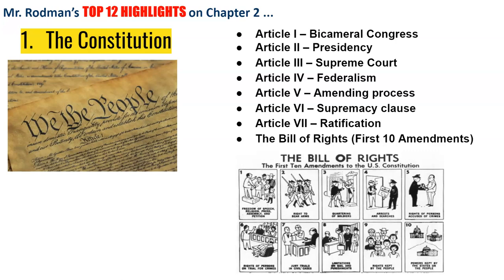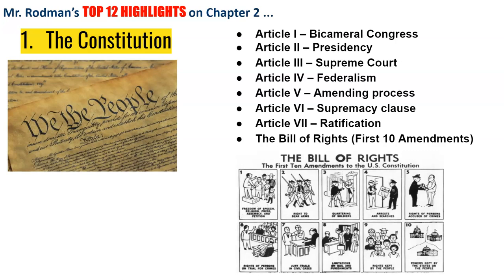And you can begin to see the concerns Anti-Federalists are having as to why they wanted a Bill of Rights when you see something like national supremacy in there, or the idea of federalism in Article 4. You can see that the government is changing in terms of the relationship between the states and the national government. So this is critical.